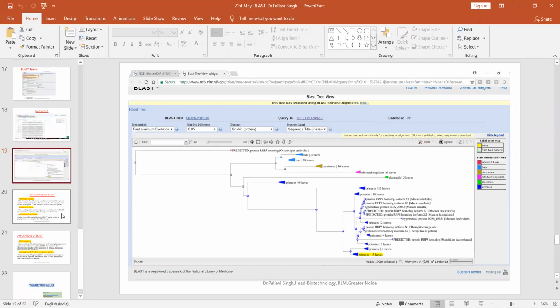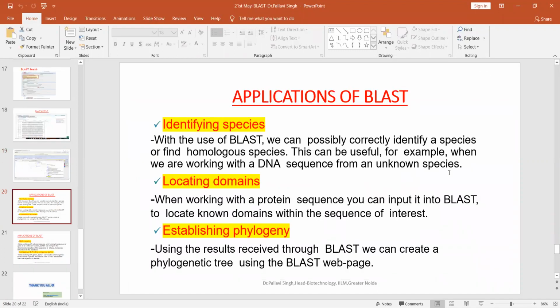Now talking about the applications of BLAST. Just now I told you that the first application is that it is used to find homologous species. It is used to identify a species based on finding the homologs. The second application is that it is used to locate the domains.